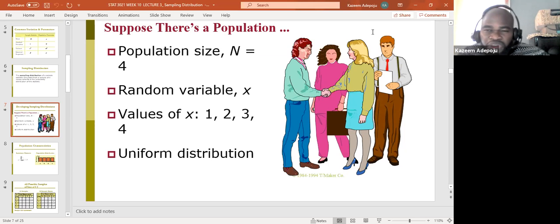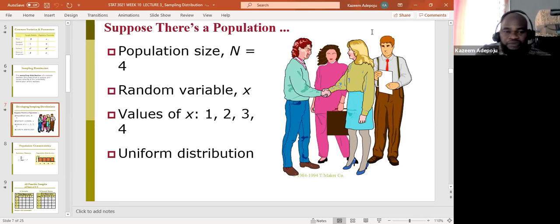We have just 4 students right here. In a situation where we have thousands of people, you don't need to study all of them. That is what I want to demonstrate to you by making use of a sampling distribution. What you would get using everybody is what you are going to get when you take a sample. That's exactly what I want to demonstrate.